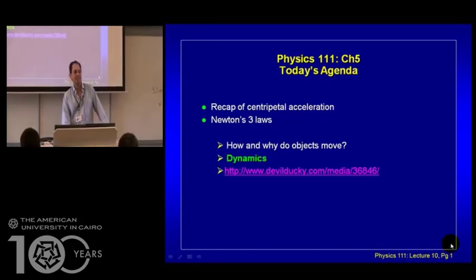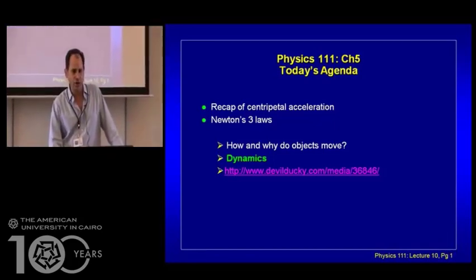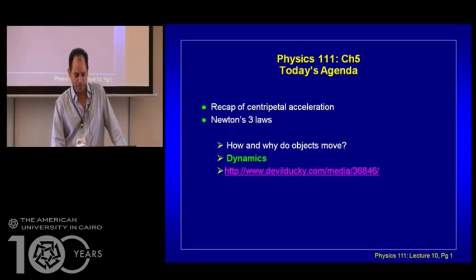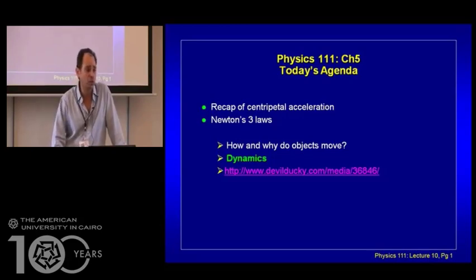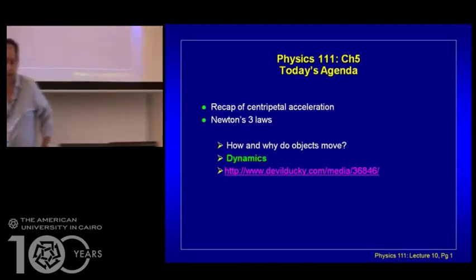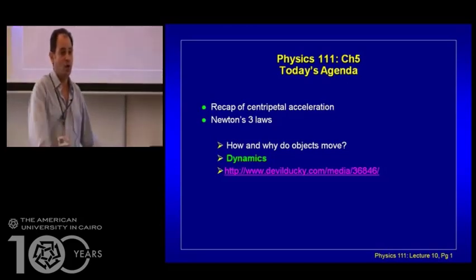Talks about Newton's three laws. And Newton's three laws are very basic ones. Today, for the rest of the class, I will talk only theoretically about the three laws. And starting on Thursday, we're going to start solving problems on chapter 5. Chapter 5 says that Newton said that any object will stay at rest.